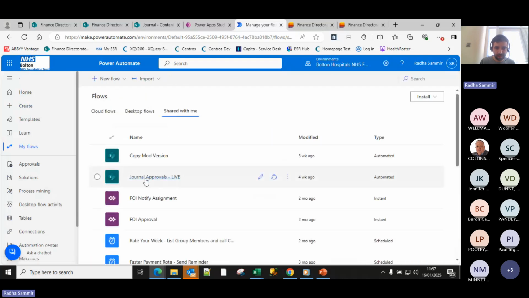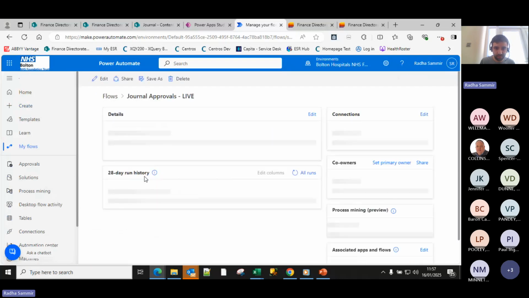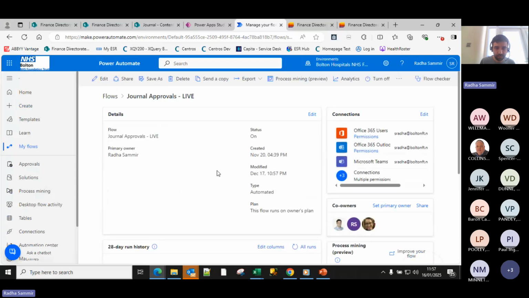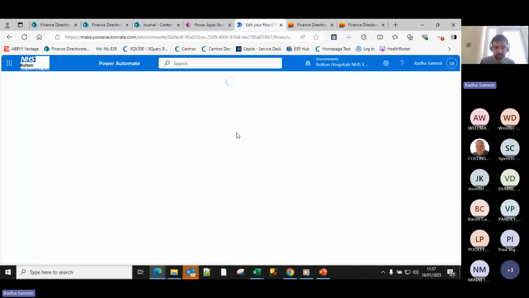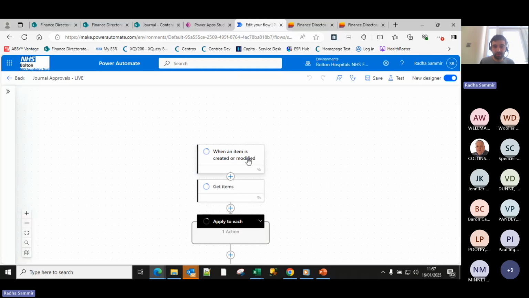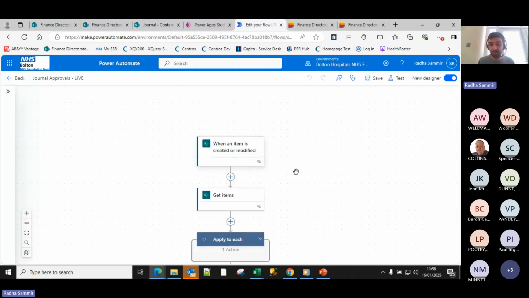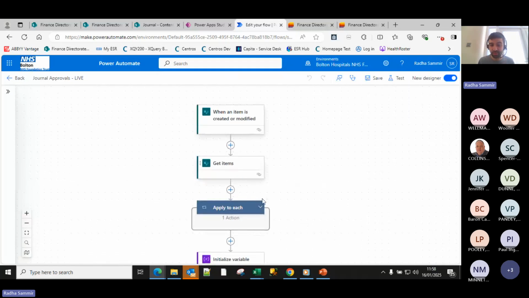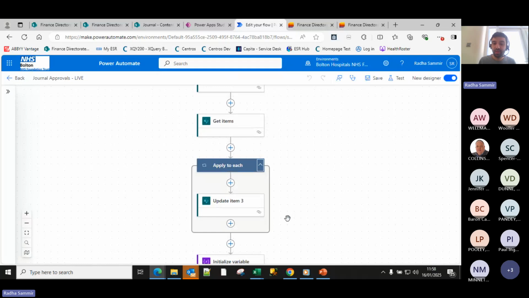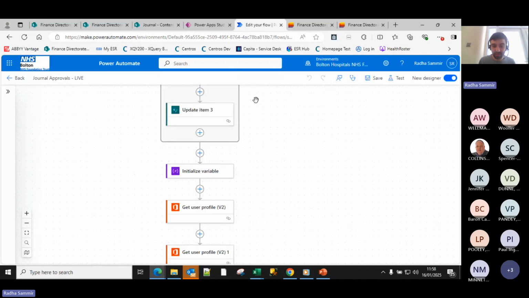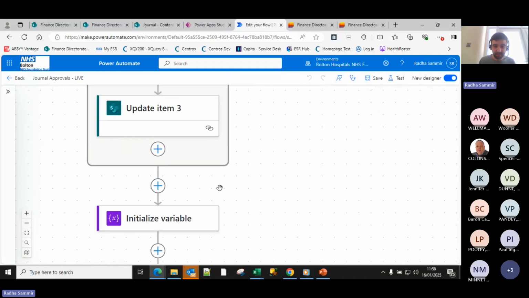This is similar. There's one for journal approvals, and in here it is triggered when the status of my journal list is a particular status, so only when it's on request approval. So it doesn't keep on sending approvals until somebody requests another one. It deactivates all of the old approvals and then